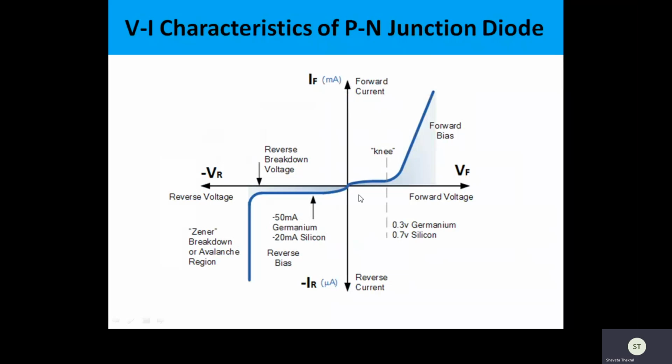In the case of forward biasing, I told you that the minimum amount of voltage required to break the potential barrier is called the knee voltage. We can see here, until the knee voltage the current is small, almost negligible. And once the knee voltage gets applied, after that the current rises sharply, or there is a significant rise in the current level. And we can notice that for germanium this knee voltage is 0.3 volt, and for silicon it is 0.7 volt.